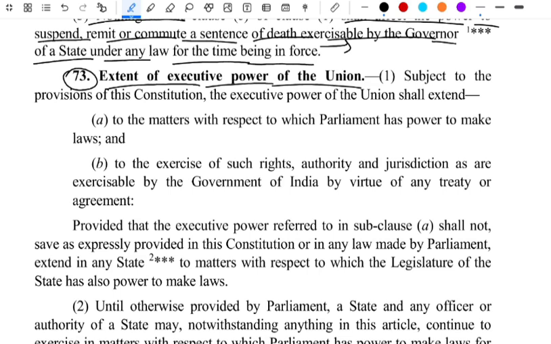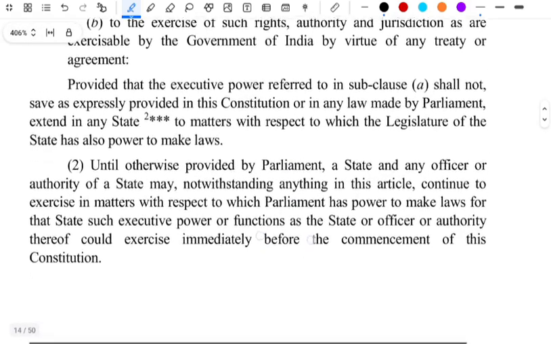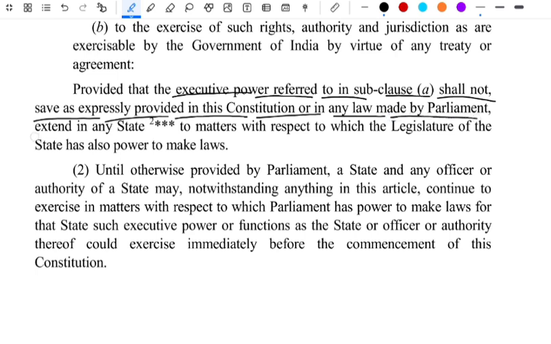Subject to the provisions of the Constitution, the executive power of the Union extends to the matters with respect to which Parliament has power to make laws, and to the exercise of such rights, authorities and jurisdiction as are exercisable by the Government of India by virtue of any treaty or agreement. Provided that the executive power referred to in sub-clause shall not, save as expressly provided in this Constitution or in any law made by Parliament, extend to any state,